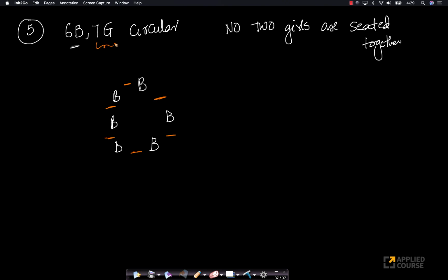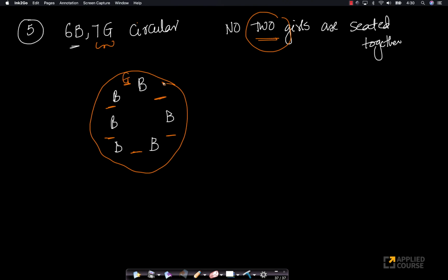But I have to place 7 girls. That's impossible, right? I have only 6 positions and I don't want any two girls to be seated next to each other. Look at this, I don't have 7 positions here because it's a circle. If it were a linear arrangement, I would have had 7 positions and I would have been able to place them. Since I have only 6 positions here, let's assume I start placing the girls: